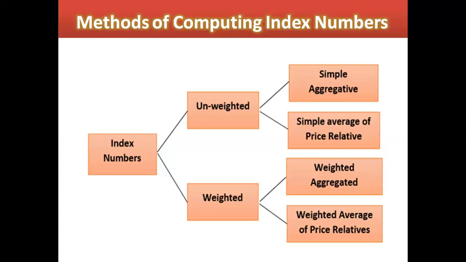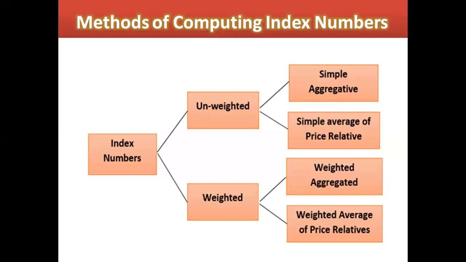Why? Because there are two criteria for the selection of a base year that we need to consider. The first one is that it must show economic stability, meaning that particular year must represent the economic stability in the country itself, and it must not be too distant from the given year. For example, if we need to calculate the index number for 2020, and we take a base year of, suppose, 1990, you will get misleading data. Your base year should not be far distant from the current year.